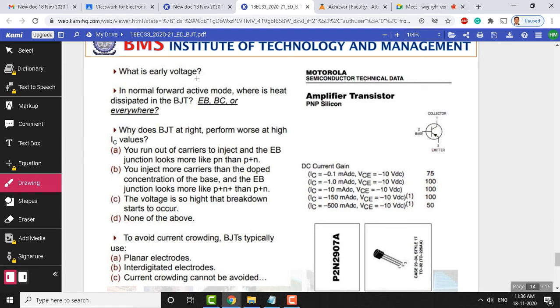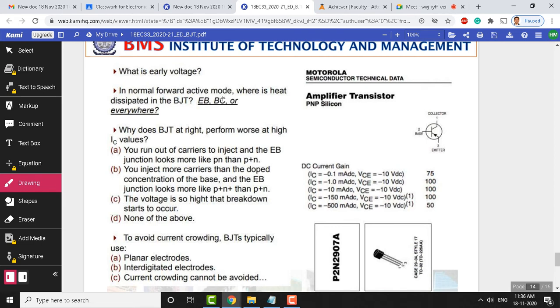What is an early voltage? You know that early voltage is the voltage obtained when we extend the slopes of all the characteristics in the common emitter characteristics, and they meet at one particular point, in the negative, second quadrant. So, that is the early voltage. Early voltage has its implication with reference to the modulation factor, which is beta. We have discussed that, so kindly look into the definition of early voltage and its implications on BJT operation.